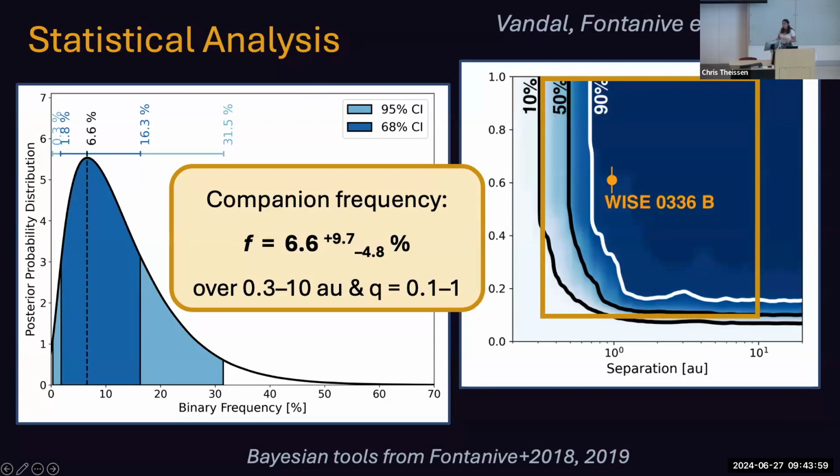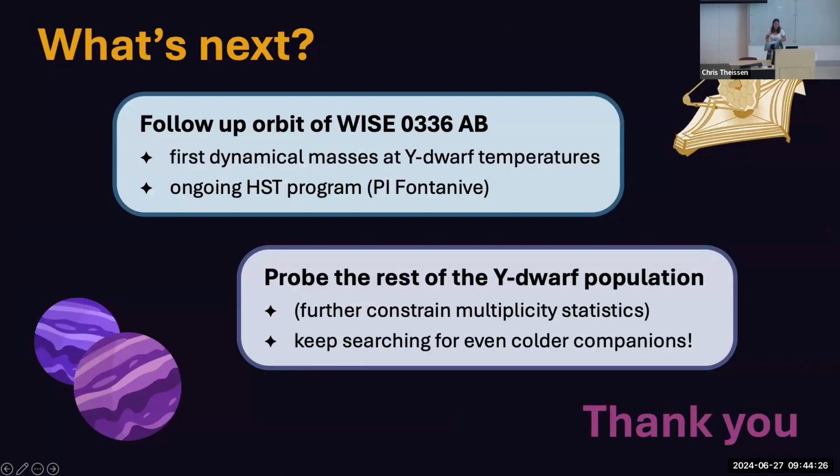So there's nothing too surprising here. It is pretty consistent with what we expected in terms of binary fraction, but it is the very first time that we are constraining the multiplicity of these white dwarfs. And it's the first time that we are probing this new part of the parameter space. And the separation of the one discovery that we did make is very consistent with this idea that the very latest type brown dwarf binaries tend to lie on tight separations.